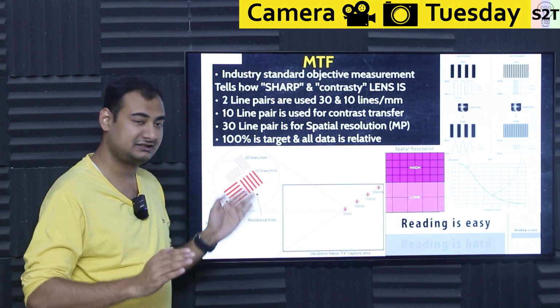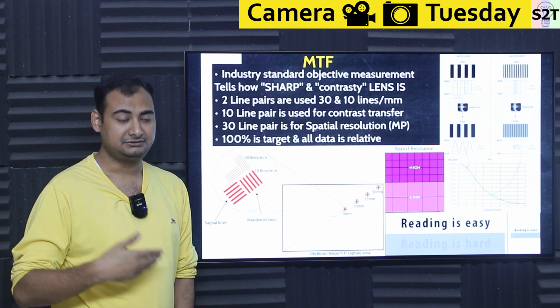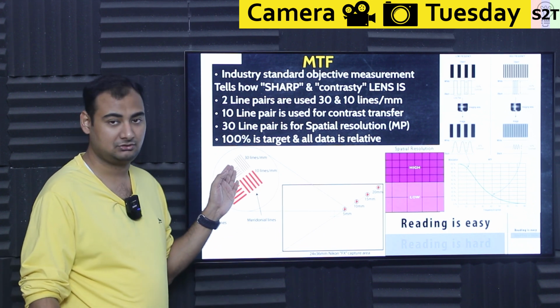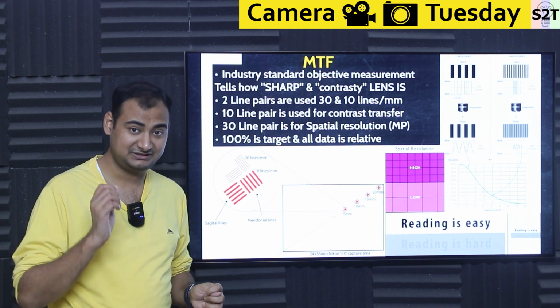Be mindful, this is not necessary, that's it. You can go to 40 lines, 50 lines. If you want to make a telescope and you are commissioned by NASA or something like that, they will be like, bro, 30 is starting, we go to 300 lines per millimeter. You want to be that sharp.